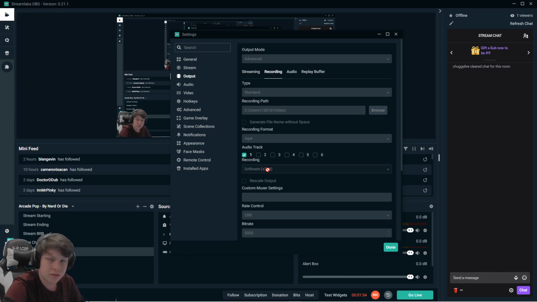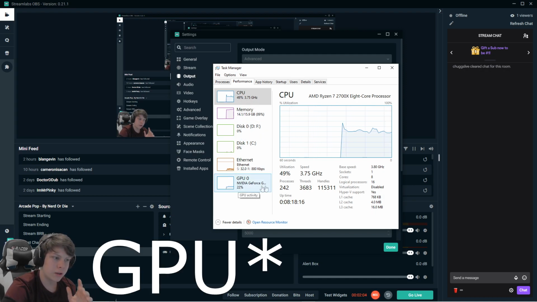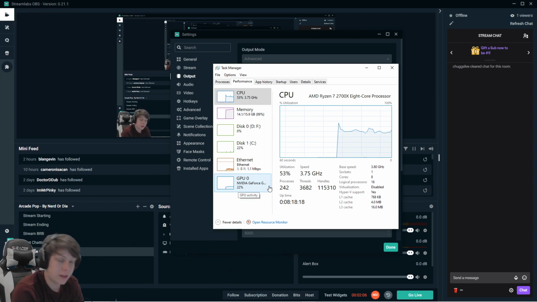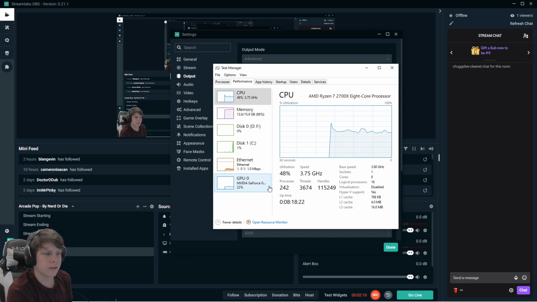I'm using X264, which is basically gonna take up more space on my CPU. And for gaming, you definitely want more CPU headroom so you can render everything and it looks nice and smooth, but